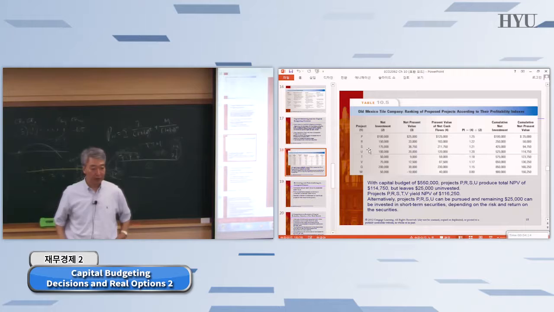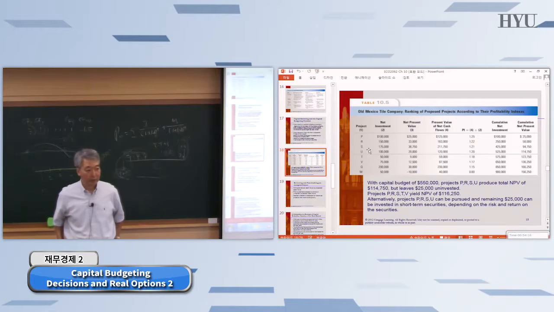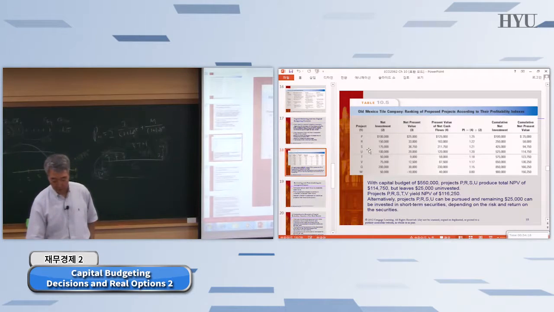Question is, is it better? So you have to look at the cumulative net present value. If you have 4 projects here, the cumulative net present value is 114,750. But if you forget about this 525 coming from U, and instead you undertake T and V, well, obviously